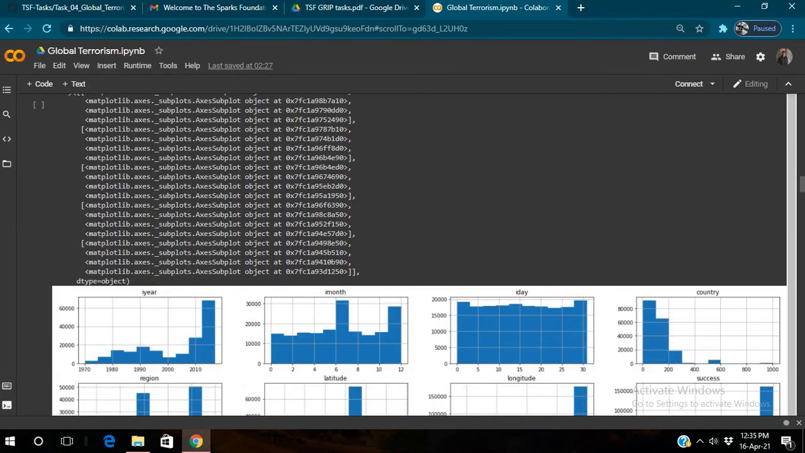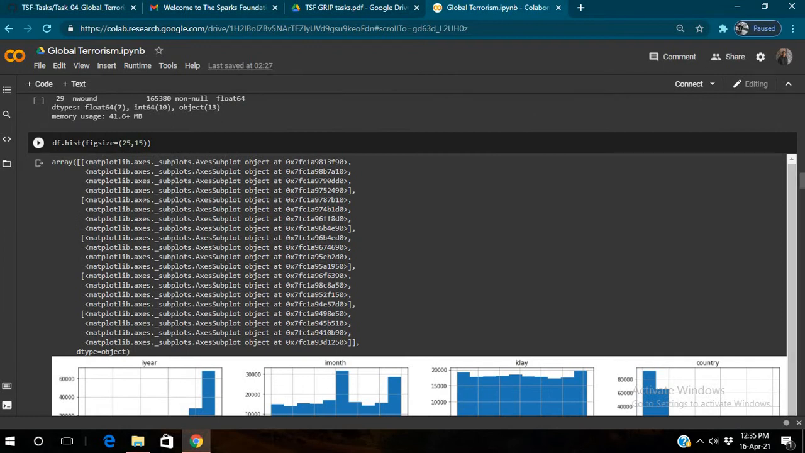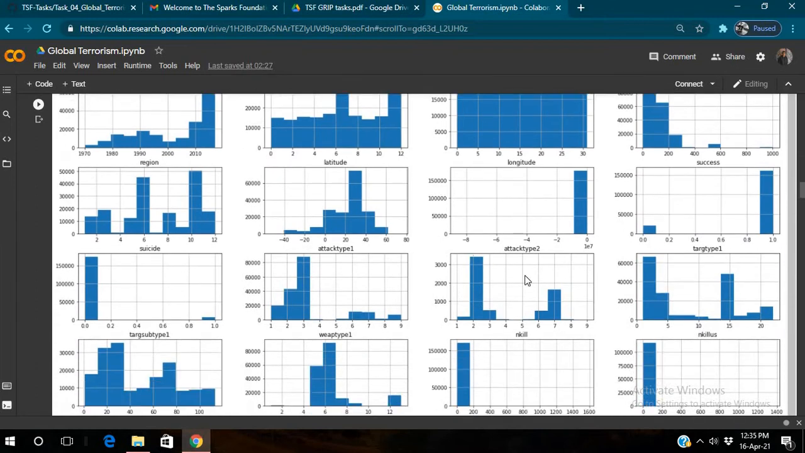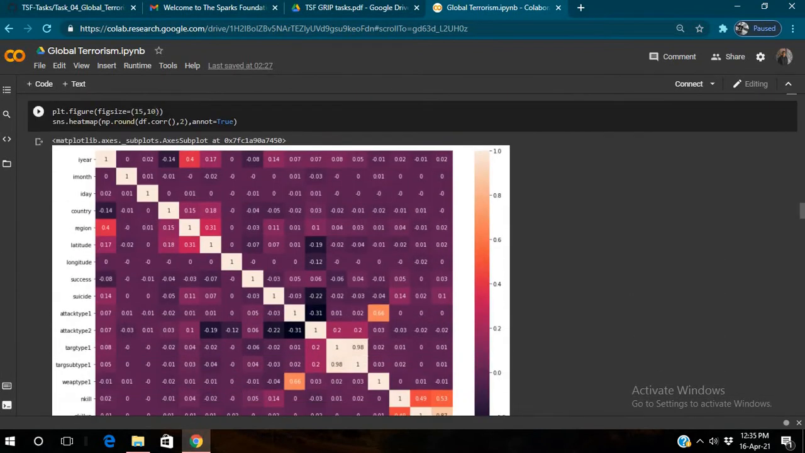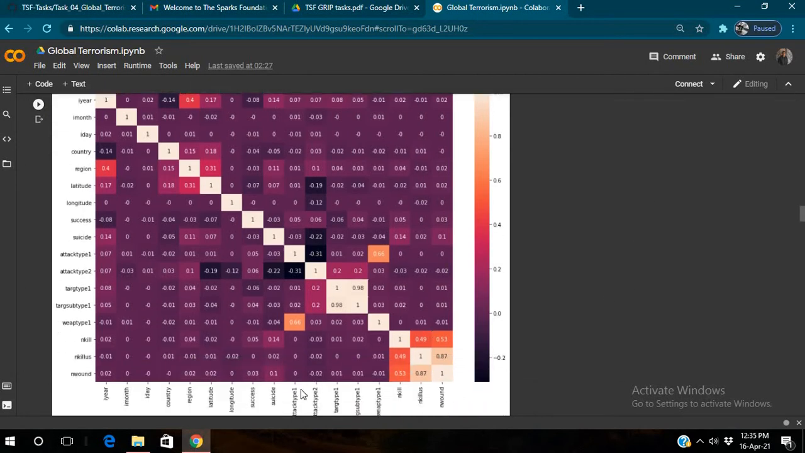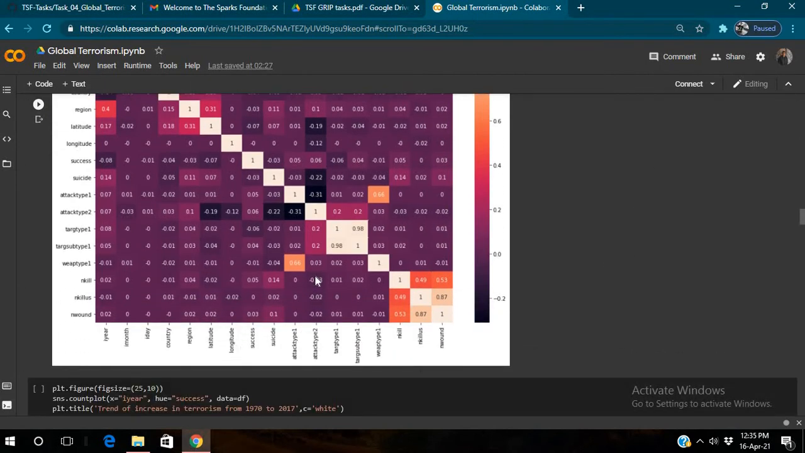Then we run the code for different columns, like histograms. After running the histograms, we try to find the correlation between two columns. You can simply run this code and you will find the correlation between two columns. For example, we can see here